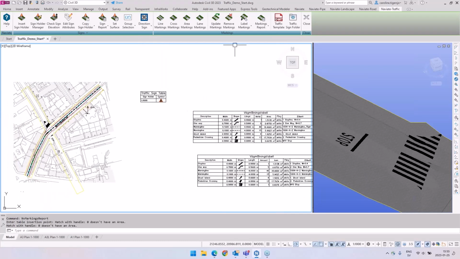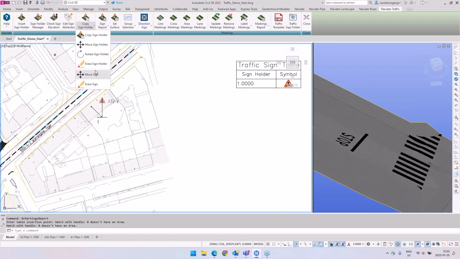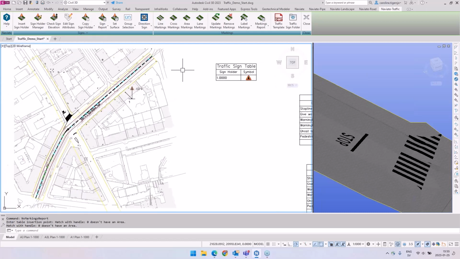I got a question I just saw from Mia there: remove markings to remove the markings correctly. Same thing with sign holder. If you want to erase a sign holder, make sure you use these commands to make sure you actually erase it from the database in your drawing, so that it's not stored anywhere. What we also did, actually, we worked with our naming of the sign holders, so it's actually removing all the intelligence as well that you have under here. So underneath the copy sign holder, you have a list of resource commands, I would say, maybe here. And also there,